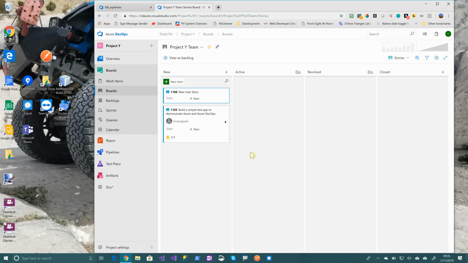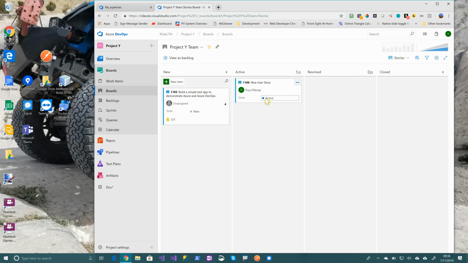This is what I wanted to show. And you can do this based on sprint. Right now, since we don't have any sprint set up, it's just going to show all the work items that we have. And then we can move these. So we're going to move this one over to active, so you can drag them and drop them between the different states, and it kind of shows you what you're working on. And you can even filter it by user. We can do a whole another video on how to use the Kanban board in Azure DevOps. But right now,